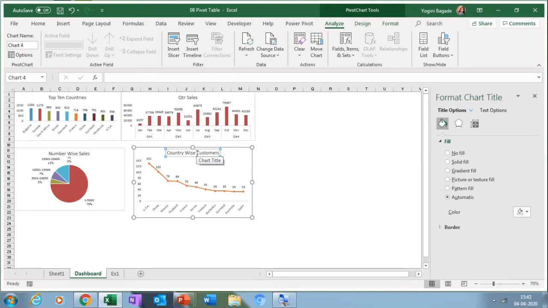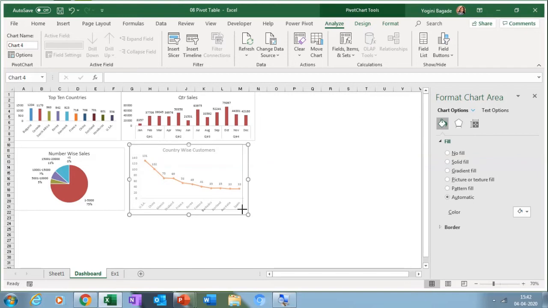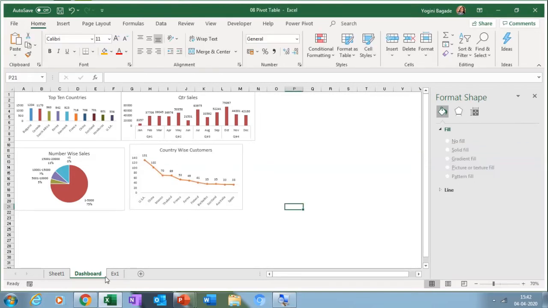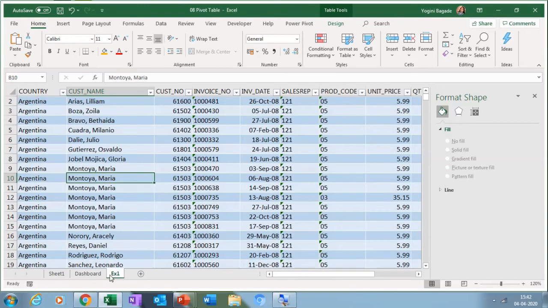Now we are done with all the 4 graphs, and now we want to actually go to dashboard creation. Means what I'm trying to achieve. See, if you minutely try and understand certain logic behind dashboard creation, first is my data. Now this data is in table format. Table format means it is dynamic. So if I keep on adding data below, either in rows or columns, if I do refresh, it will reflect